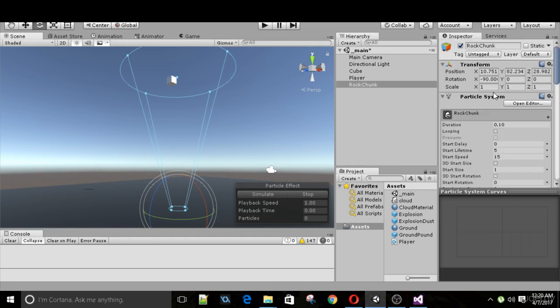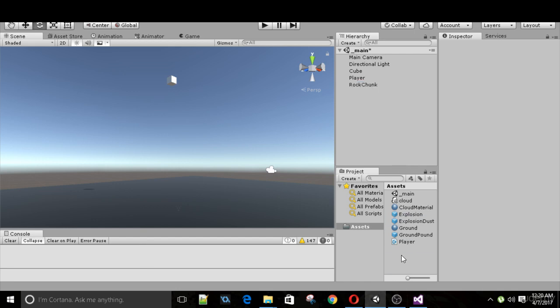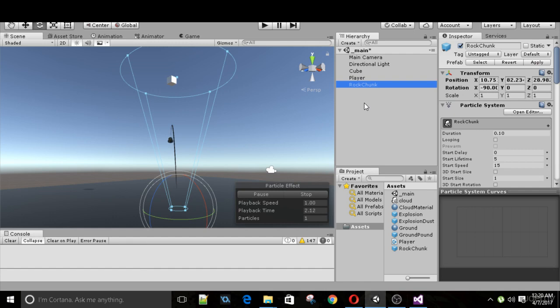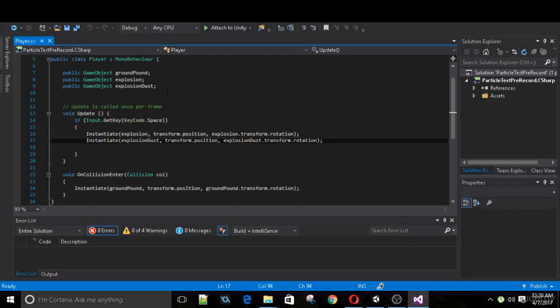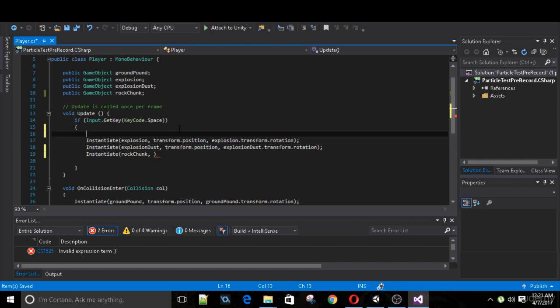Now stop that. I like our particles, so I'm going to create a prefab out of him. I'm going to delete him from the scene now, and in our player script I will create a reference to this object. Now I want to create this rock chunk when I'm creating the explosions. So let's type in instantiate rock chunk, and now we usually did transform position. This is just a vector three which has the x, y, and z value of the player,